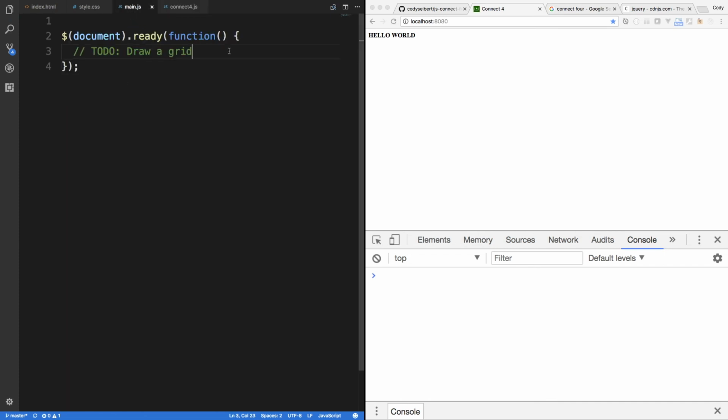Over here on main, I could just say make us a new grid or a new connect for object. So up here I can say const connect for is equal to new connect for, and I'm going to go ahead and pass it some type of selector. So I'm just going to do a string, and this is up to us. We can customize it however we want to, but our constructor is going to take a selector. So over here, I'm going to pass in selector